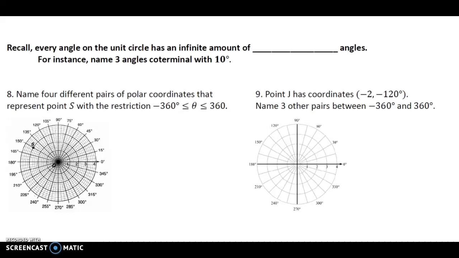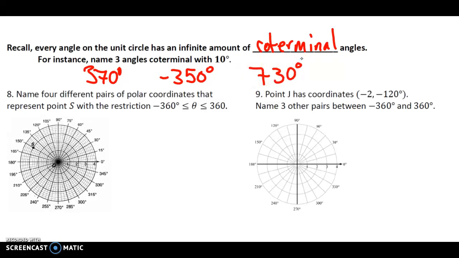Recall every angle on the unit circle has an infinite amount of coterminal angles. For instance, name 3 angles that are coterminal with 10. Well, you could add 360 to get 370 degrees. You could subtract 360 to get negative 350 degrees. Or you could add 360 again